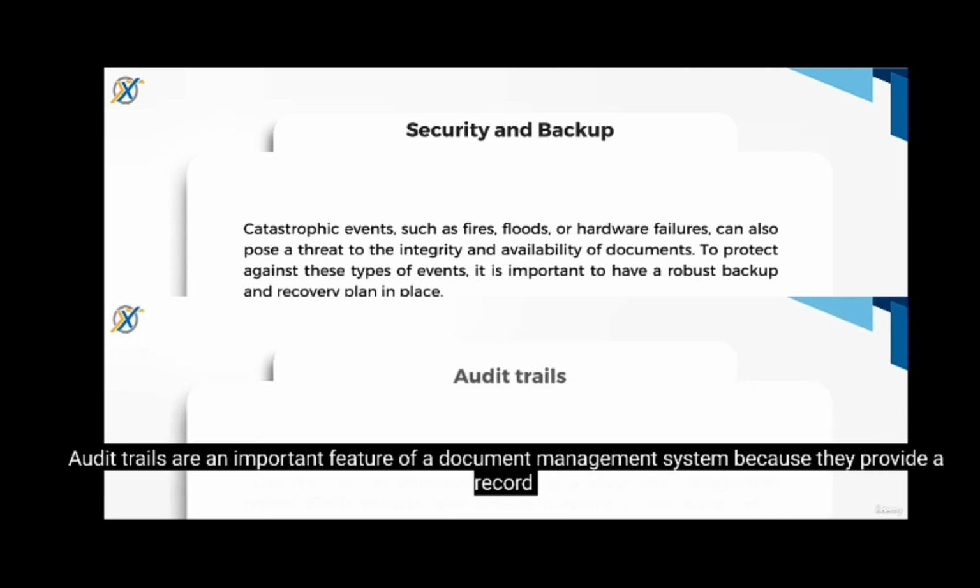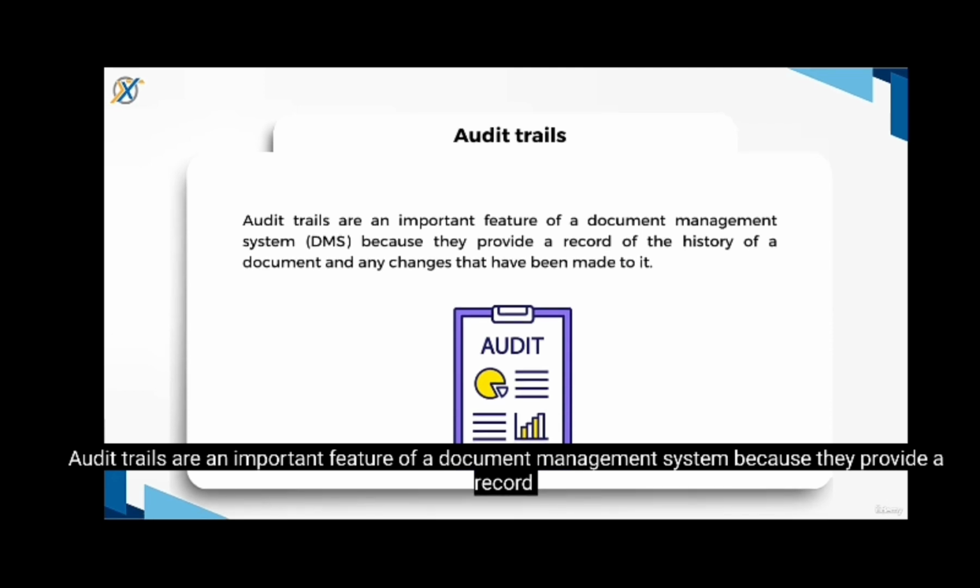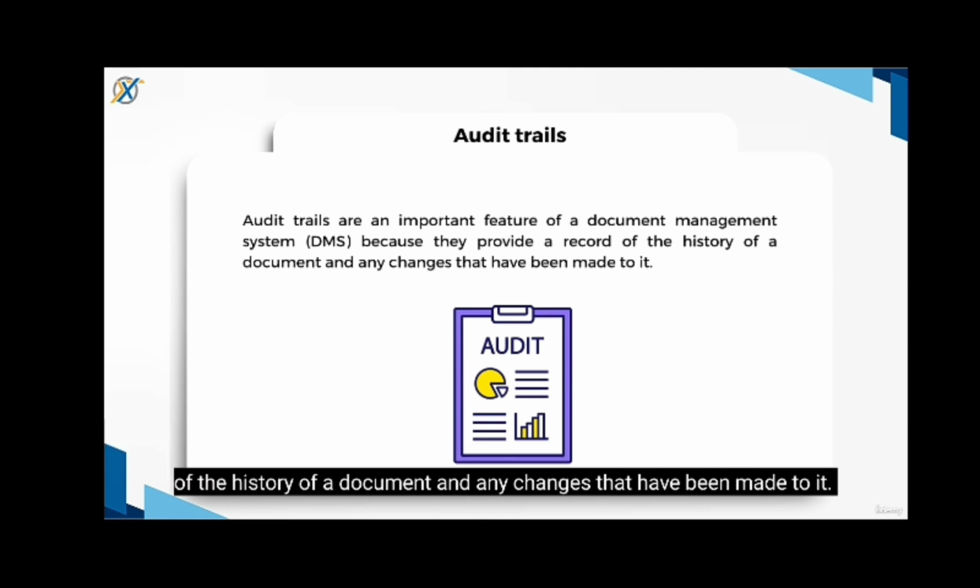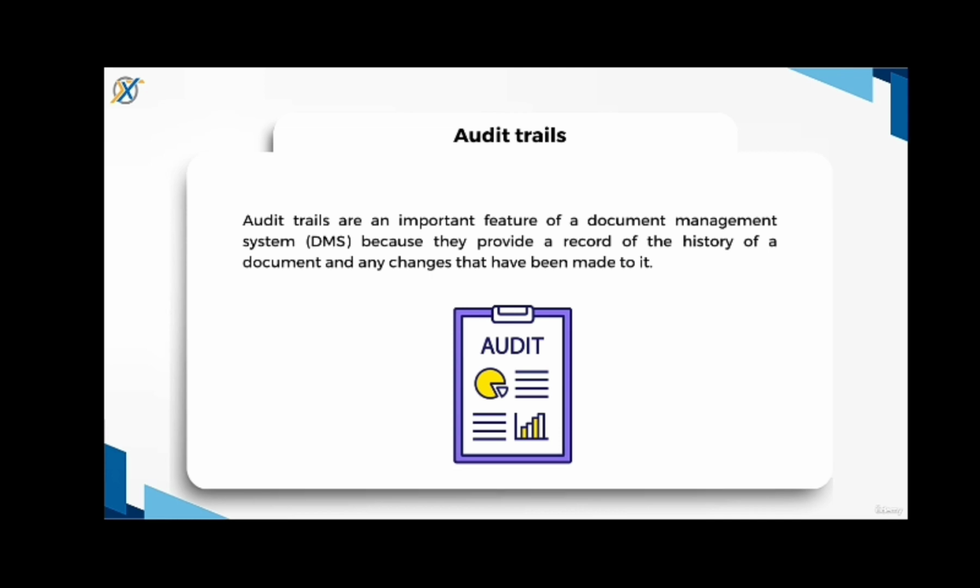6. Audit trails are an important feature of a document management system because they provide a record of the history of a document and any changes that have been made to it. Audit trails are useful for a number of reasons, including: